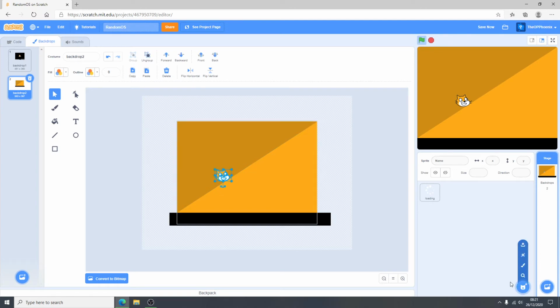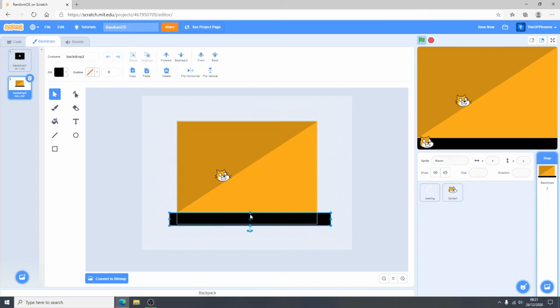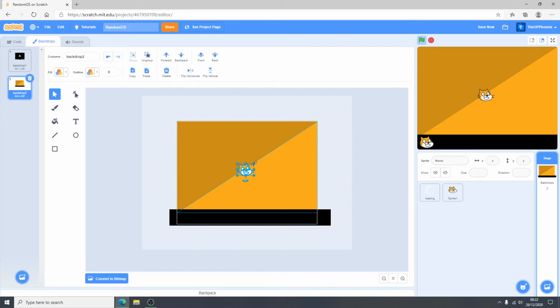So you want to copy that, and then you want to go to this icon here and press paint. You want to paste it. You want to see if it fits. If it doesn't fit, then make the taskbar bigger. Then get rid of Scratch Cat on the home screen. Well, if you want him on the home screen, like, maybe I'm